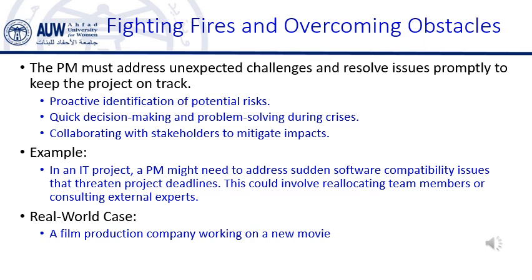Example: imagine a PM managing a software development project. The team might be working on coding and realize halfway through the project that the original technology chosen for the app is not compatible with some features. The PM must quickly identify this issue before it becomes a much bigger problem that could delay the project. This links to earlier lessons on risk management. By identifying risks early, the PM can plan ahead and take preventive measures. The earlier problems are spotted, the easier they are to fix.